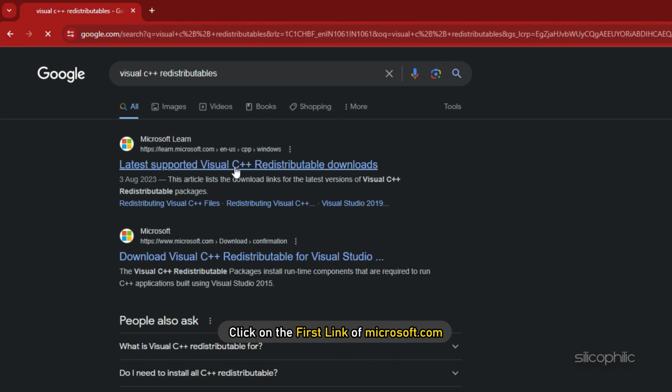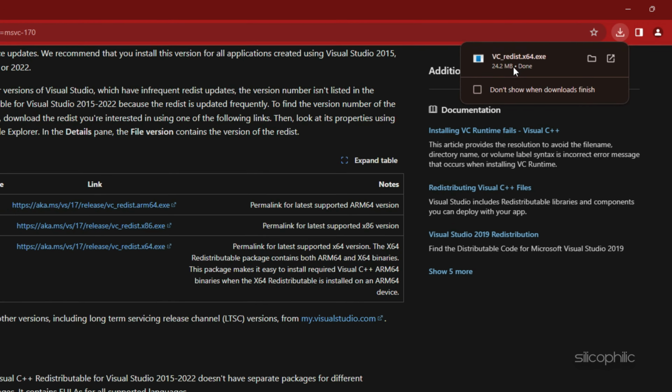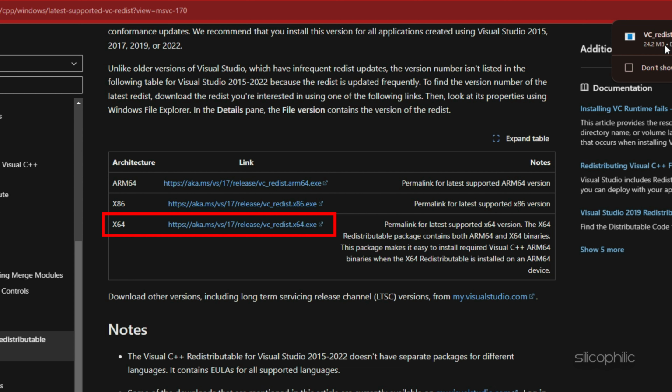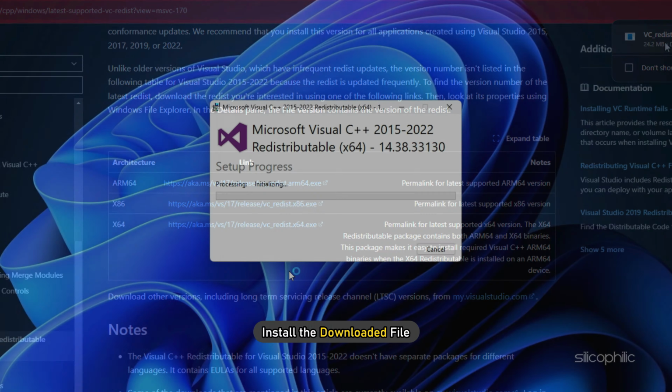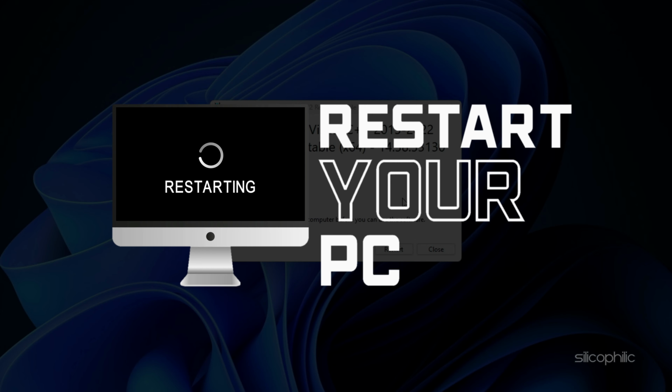Click on the first link from Microsoft.com. Download the most recently available Visual C++ Redistributable. Ensure you download the correct architecture, like x64 for 64-bit systems and x86 for 32-bit systems. Install the downloaded file and restart your PC.